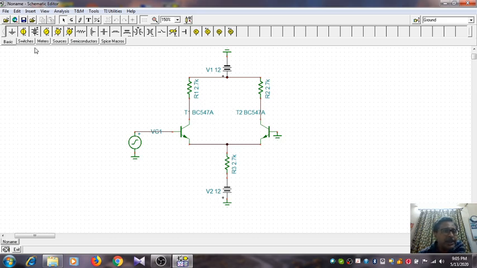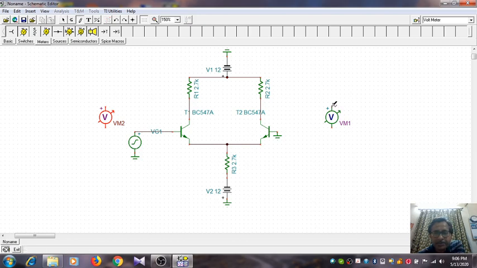Let us see here, for example, we put meter, and then what meter we have got? This is voltmeter, ampere meter, and all that. So we can bring in from there a voltmeter. Okay, and another voltmeter will be required, we put it on this side, right? Then we connect through wires. So this voltmeter we connect through wires to the collector of T2, and for this we connect through a wire this to this point.